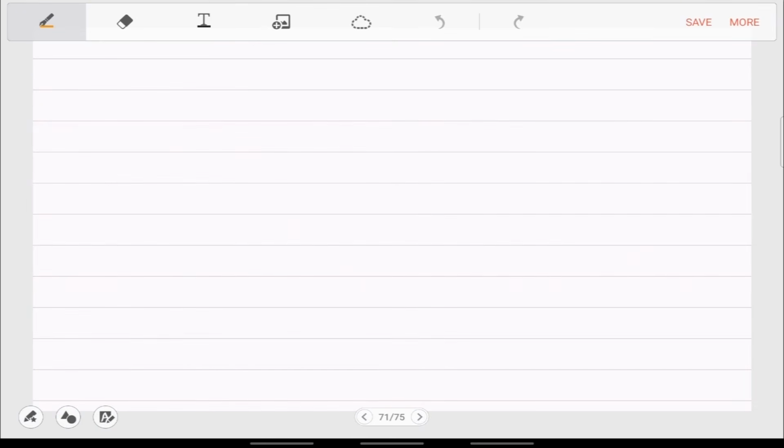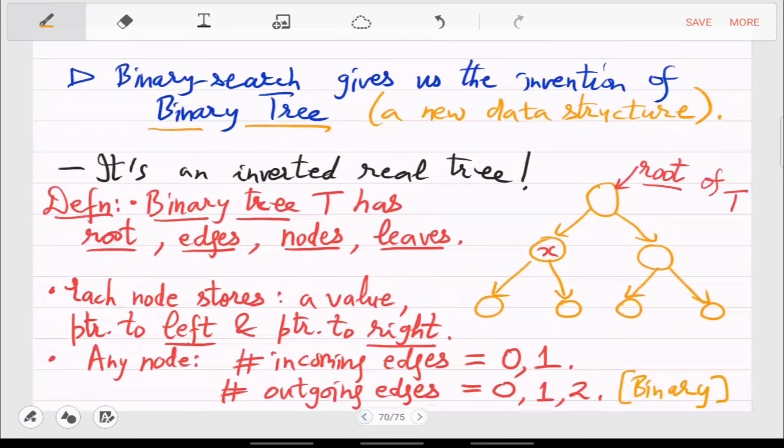So what are the objects that are not trees? So a value, can you explain this? Each node stores a value, a pointer to the left and a pointer to the right. Value is just the data that you wanted stored, like name and telephone number.